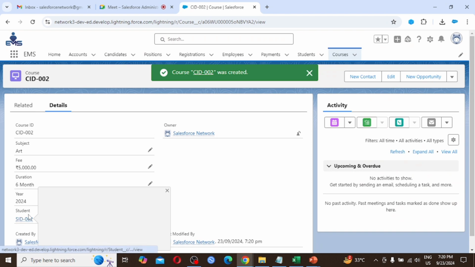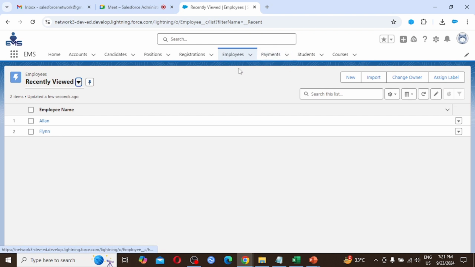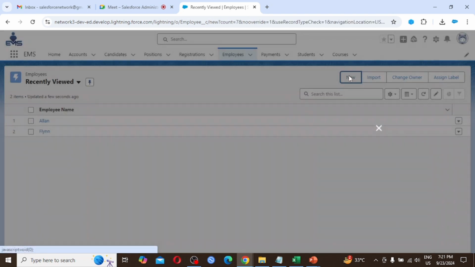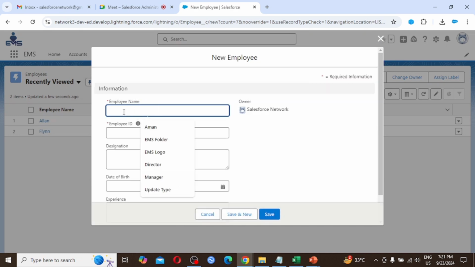So by providing the name, we are able to save the record, and without giving the information of the lookup relationship, we are able to save the record. I am going to explain the master detail relationship on this one. So if I am creating a new record for this, William I am creating,